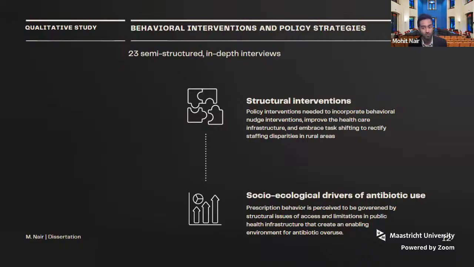Key informants also expressed the need to adopt a hub-and-spoke model to target informal providers via existing networks, leverage the role of pharmaceutical companies in decoupling sales and incentives. There's a conversation to be had there about the feasibility of this in an overall economy that's structured the way it is, and critically examine the enforcement of existing policies such as Schedule H1.